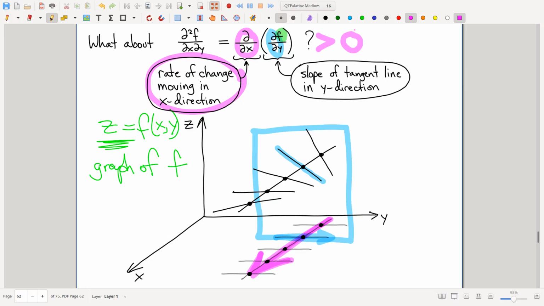Everybody buy it? So it's geometrically challenging, isn't it? There's a lot to digest and think about. Most confusing for me personally is that I've got two different partial derivatives and I'm interpreting those partial derivatives with different tools at the same time. I'm interpreting the y partials as slopes. I'm interpreting the x partial as a rate of change. And so you've got to be sufficiently comfortable with these different interpretations of partials that you can simultaneously think about them in these different ways.